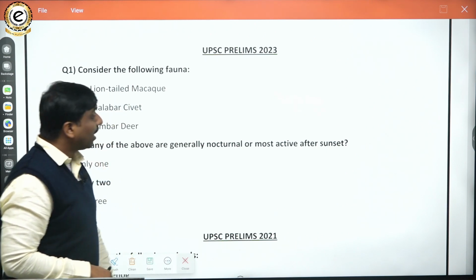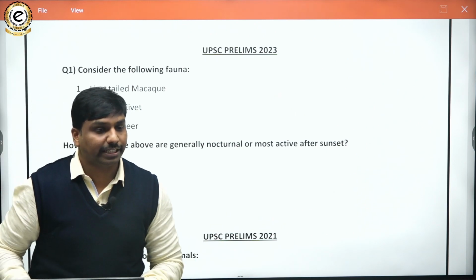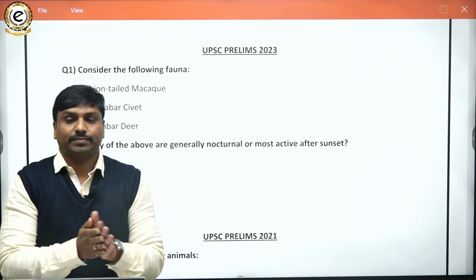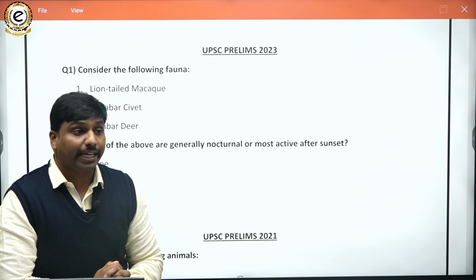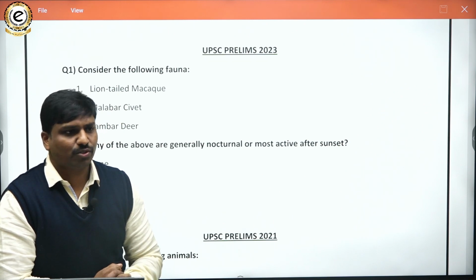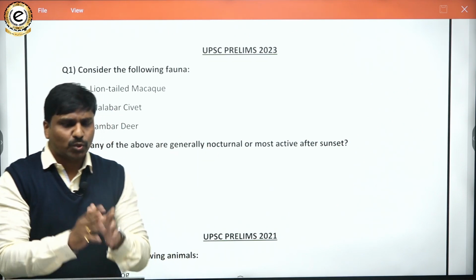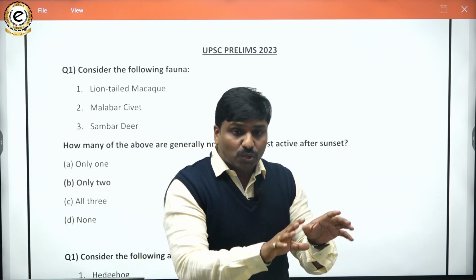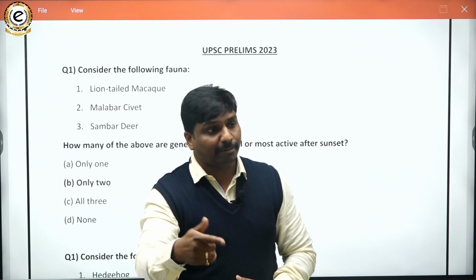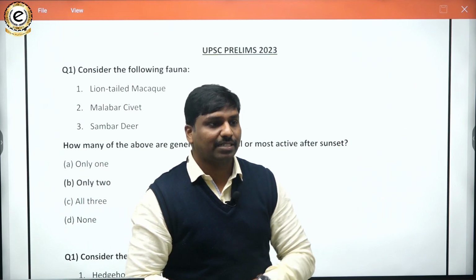Then sambar deer. So these are some of the important diurnal animals, sorry, nocturnal animals. So diurnal as well as nocturnal animals. So pick from this, and what you have to do. These are some examples. So whenever you come across any nocturnal animal in your study, like in current affairs,